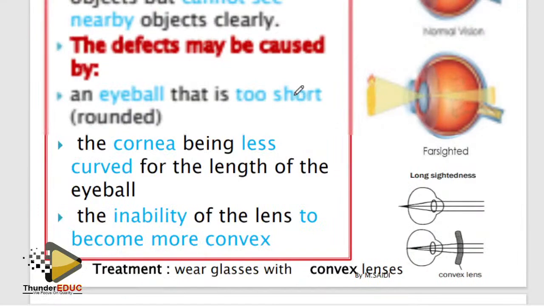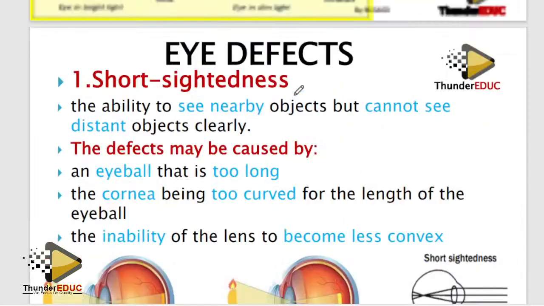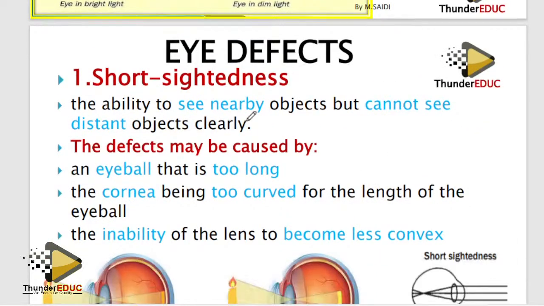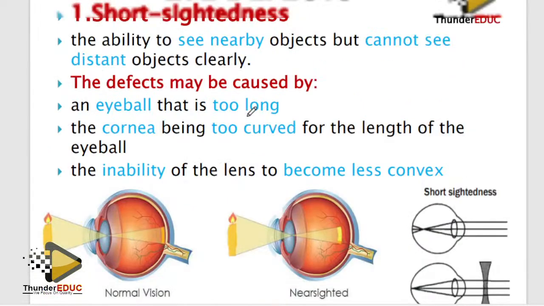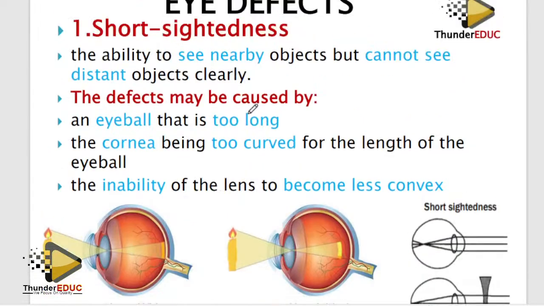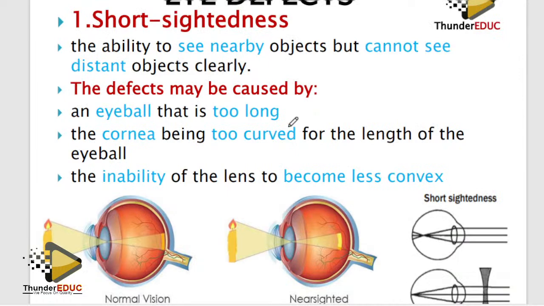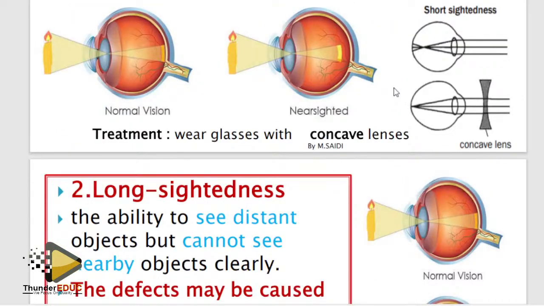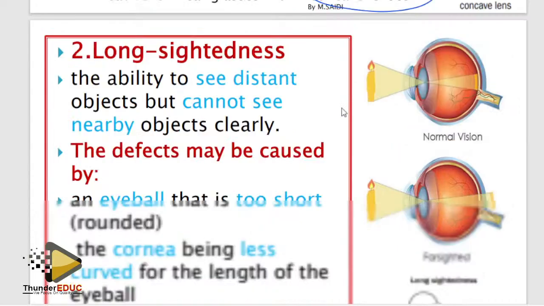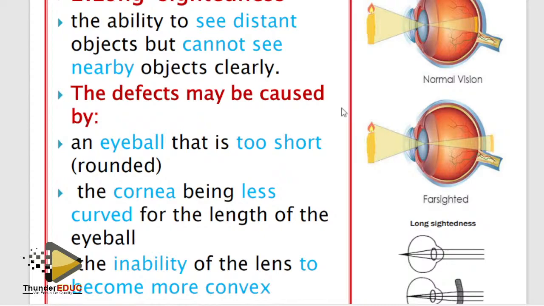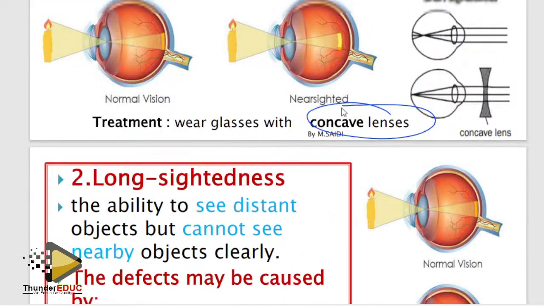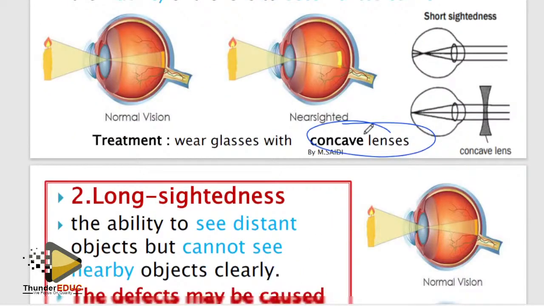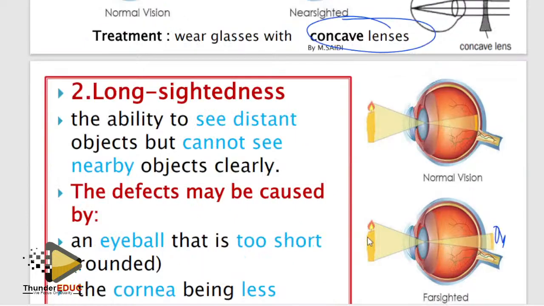All right, okay, let's go back here. So please know that when you say short sight, what causes the short sight? And then what is the remedy for that? And then long sight, you see things which are far, but you can't see things which are near. It means that the image is forming behind the retina. So I need to bring it back, so I put a convex lens there.